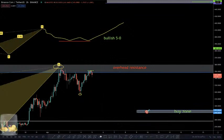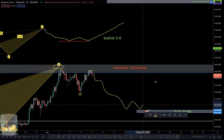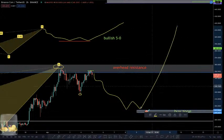So again, something down here. Okay, double bottom, send it. All right, let's go to